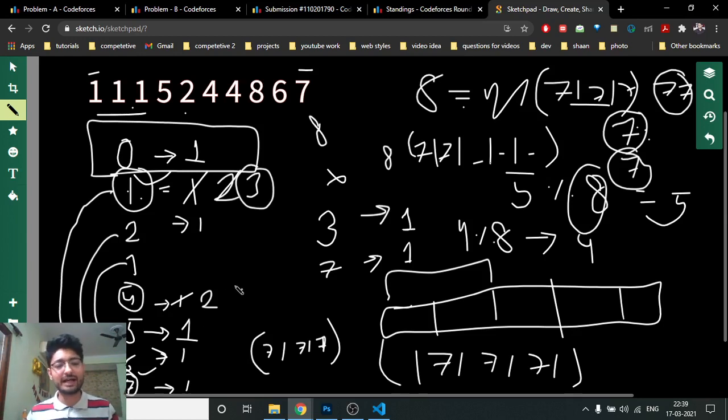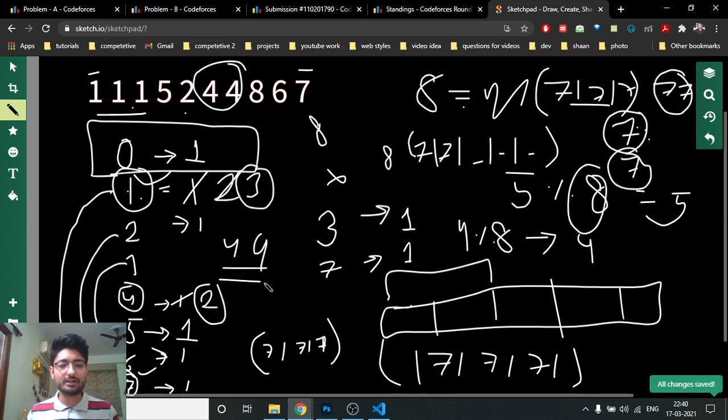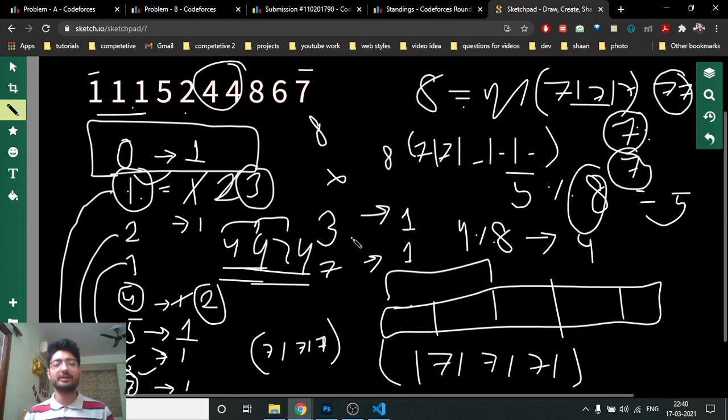Which means that, okay, I have 2 numbers of 4 now. I can put both of the numbers into one array only and that's fine. Or maybe I have 7 fours or 3 fours, then also I can put them into one array, and even if I take 2 adjacent numbers, they will be divisible by 8, because the counterpart of that 4 is obviously 4 only. So however many numbers I put, they will counterbalance each other and satisfy the condition. I hope you understand or are getting some gist of how to solve this problem.